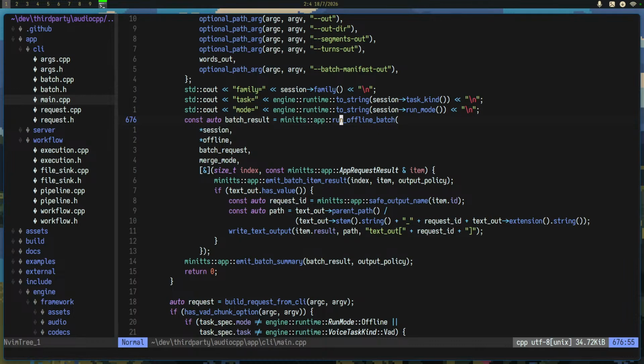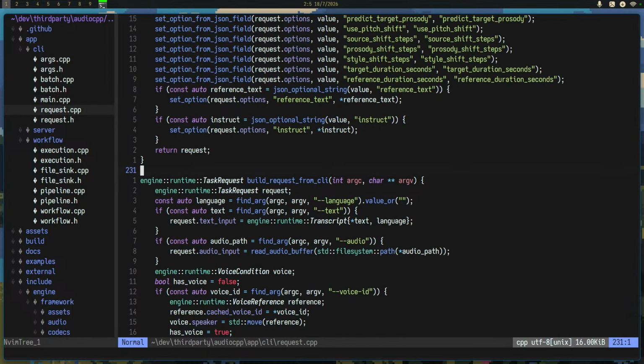But I guess it's somewhere here, right? And there.